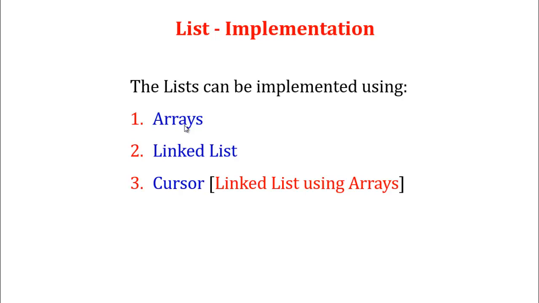The same operations can be present in a linked list: check whether the list is empty or not, check whether the list is full or not, and then search operation, insertion operation, deletion operation, sorting, and traversal, that is displaying certain elements present in the list. That is called a linked list.